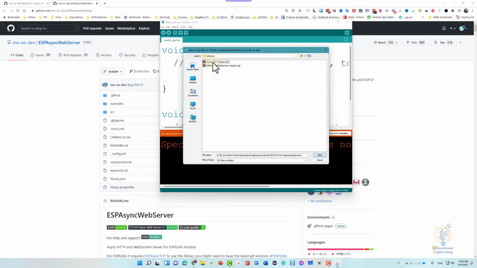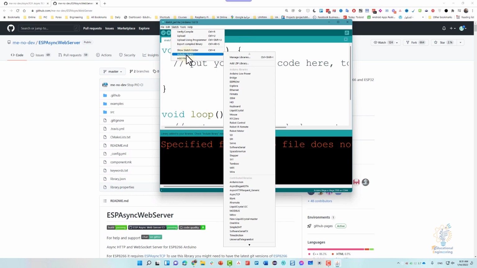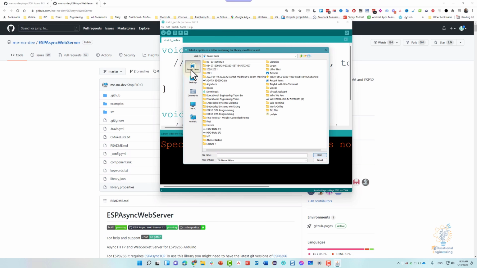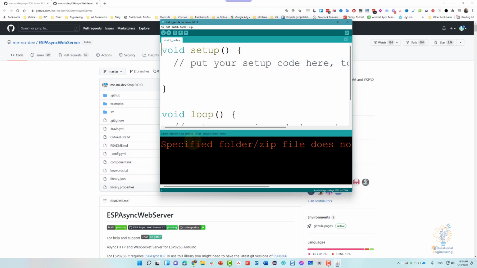Then we have these Async TCP master library and ESP Async web server master. So double click the first one. Now library added to your libraries. Go again, Sketch, include library, add .zip library, and again go to the same location, libraries, double click the second library, and as you can see, library added to your libraries. So now we have the three libraries, the Async Elegant OTA library, the Async TCP library, and the ESP Async